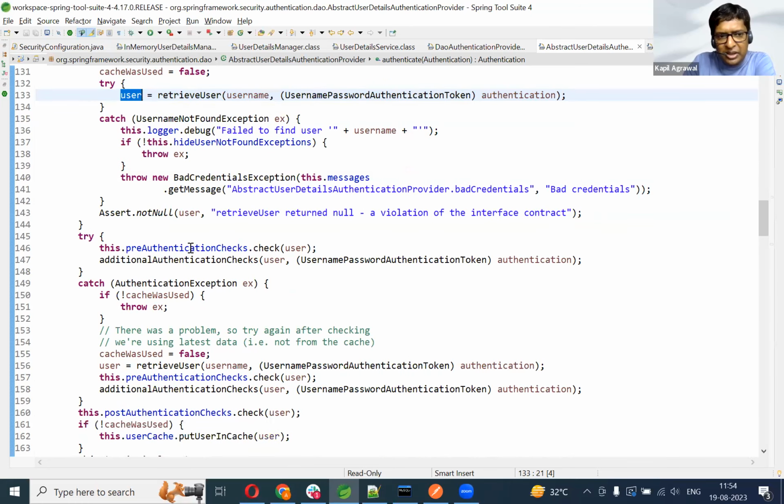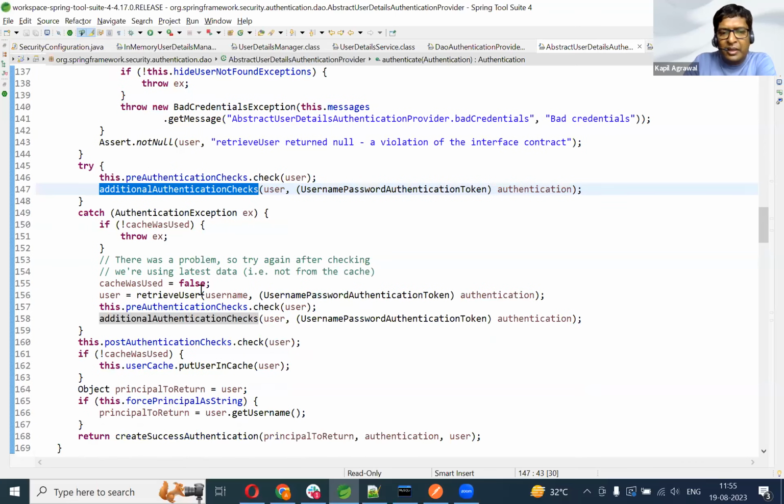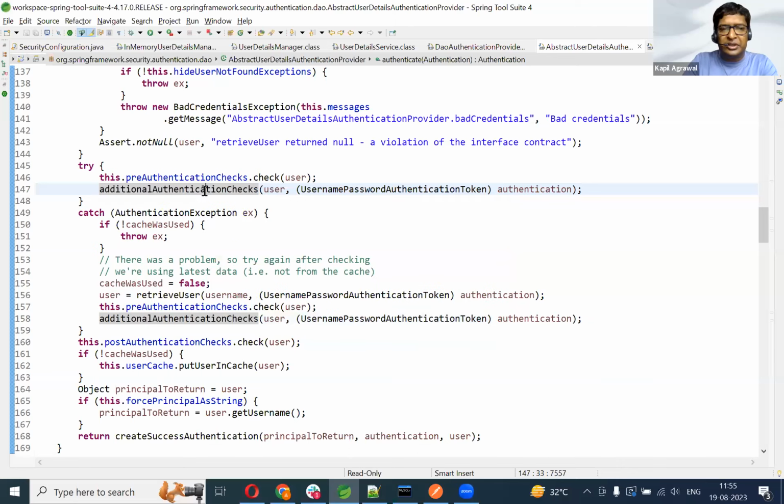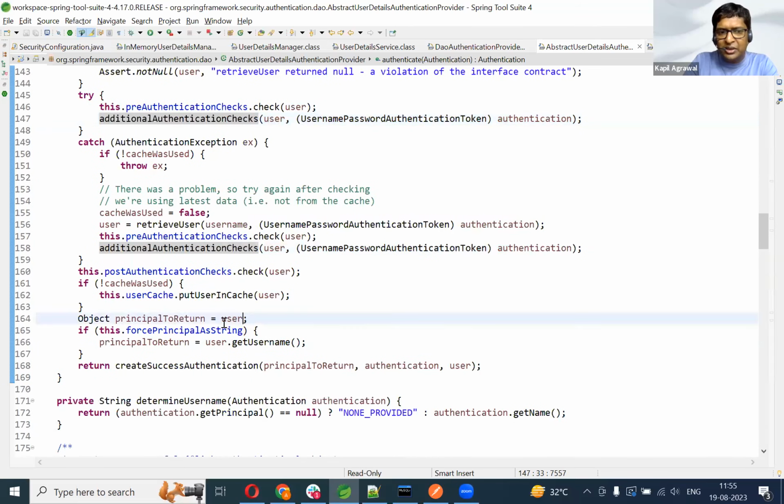After coming out, can you see that it is calling one method. The name of the method is the additional authentication checks method. And additional authentication checks is the same method that is actually used to check the password of the user. Is that okay? This is how the authenticate method is using two methods internally. One method is the retrieve user method, and another method is the additional authentication checks method. If both things are successful in this condition, everyone, finally, can you see that the user object is